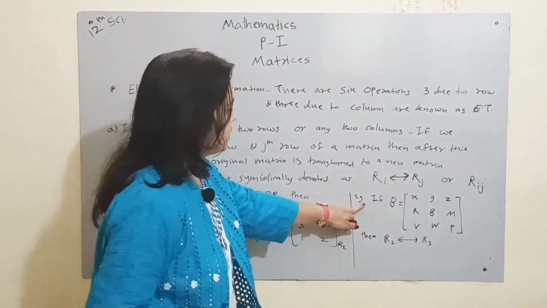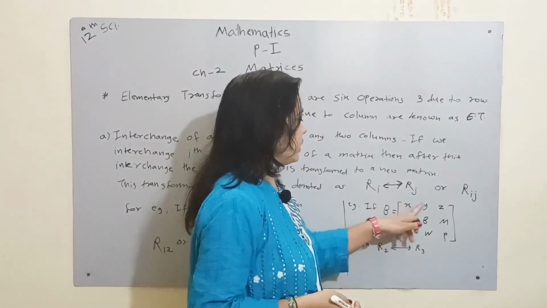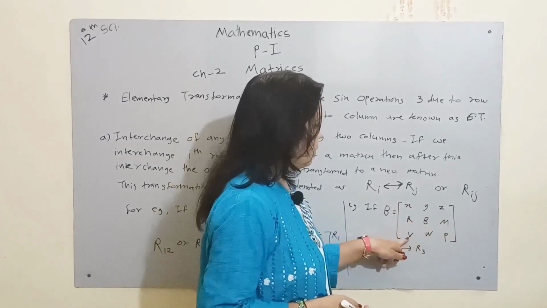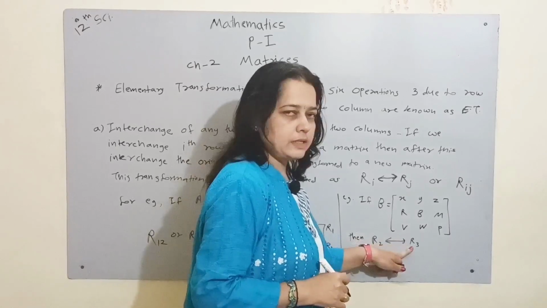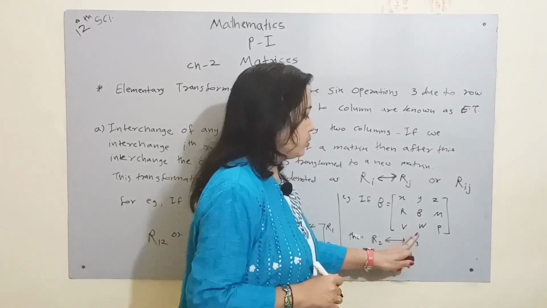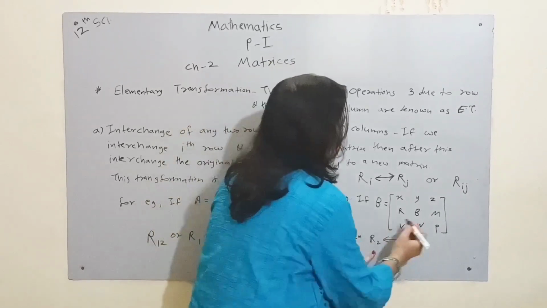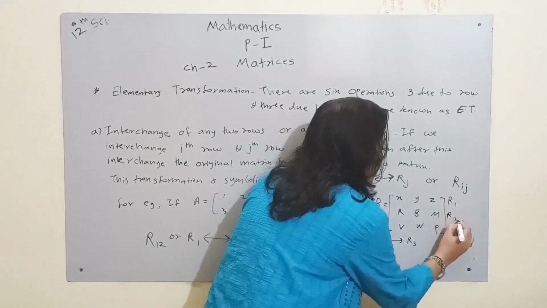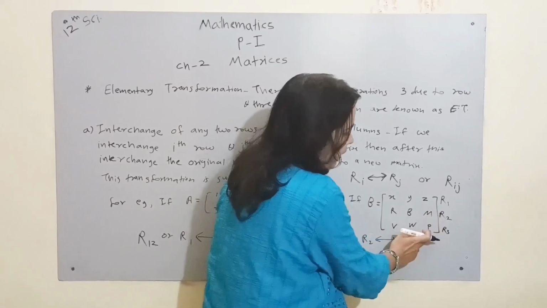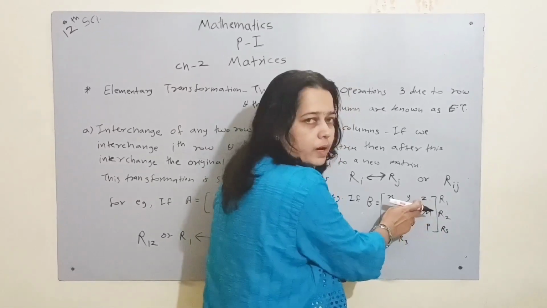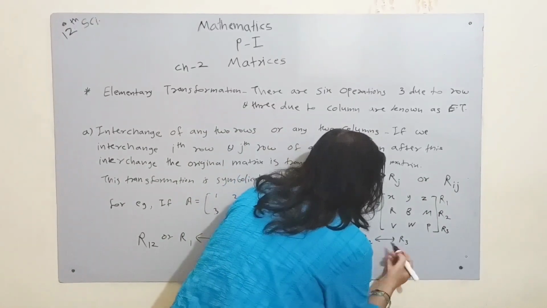Let's consider another example of order 3, meaning here 9 elements. B is equal to x, y, z, R, B, M, V, W, P. And our operation is R2 to R3. We have to interchange row 2 and row 3. So here with R1, R2, R3, we have to write R2 instead of R3 and R3 instead of R2. R1 is as it is. So the new matrix is,